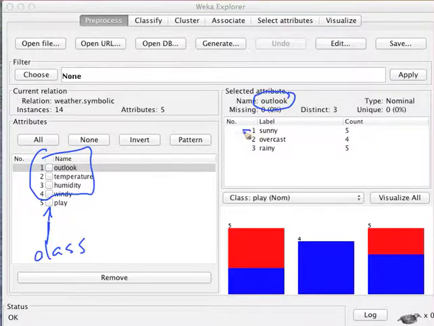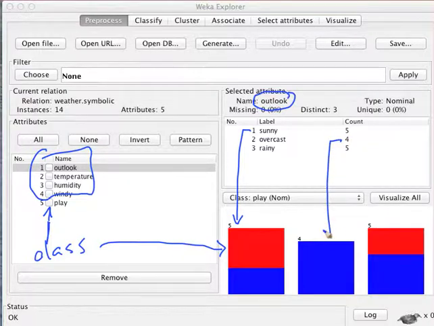Then that corresponds to what we see down here below. Of the 5 that are sunny, we see that it's color-coded by the class. And then of the 4 that are overcast, we see that all 4 of them have the same class. And then of the 5 that are rainy, we see that there's some of one class, the red colored one, some of the blue one. So we don't know which red or blue corresponds to in terms of play yet, but that's a little bit immaterial at this point. If we look at the scale that we have here, we see that 4 of these instances are about this height right here. And so we can eyeball, if this is 5, this is 4, this space corresponds to 1, this corresponds to 2. So here we have, out of the 5, 2 that are red, and then the other 3 are going to be